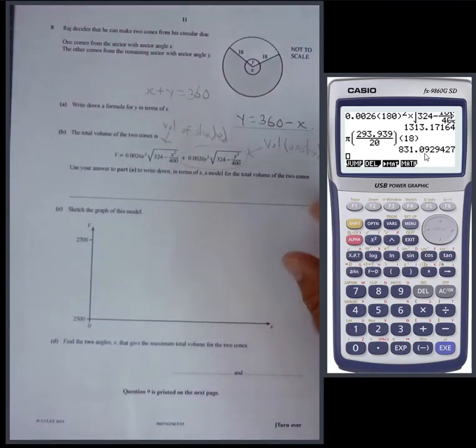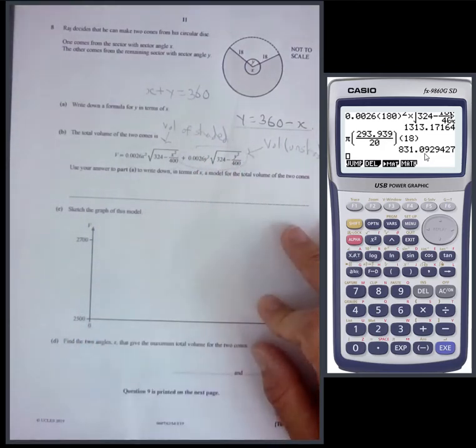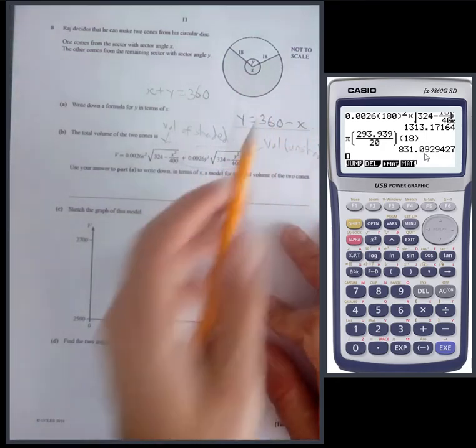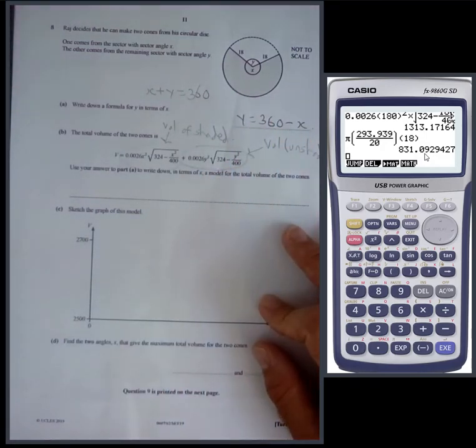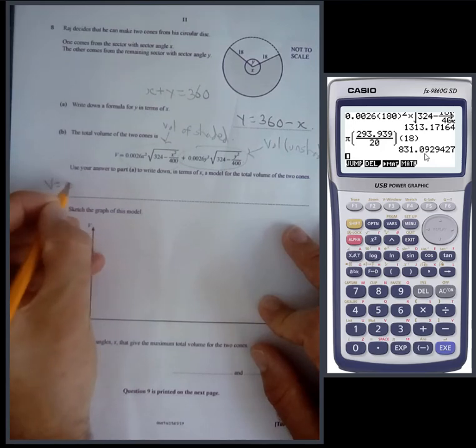Question is, use your answer to part A to write down in terms of x the model for the total volume of the two cones. So it's given us one line, it doesn't expect us to do massive amounts of algebra. So all we need to do is replace these y's, and it tells us use your answer in part A. Well, this is our answer in part A, 360 minus x. So all I'm going to do, I'm going to copy this model down, and wherever I see a y, I'm going to write brackets 360 minus x, and I'm certainly not going to expand it, because where would I even do that anyway? So V equals